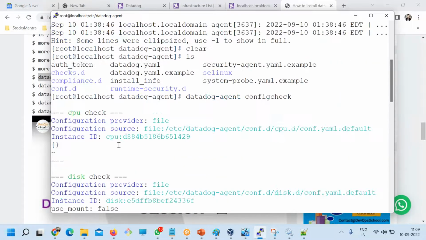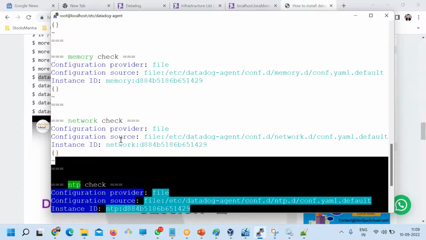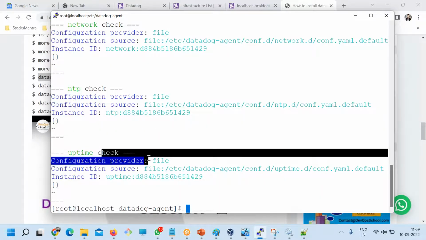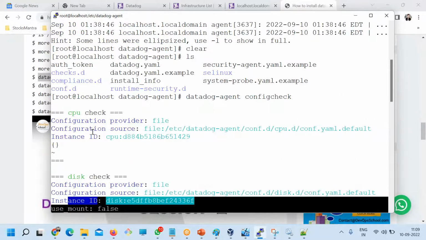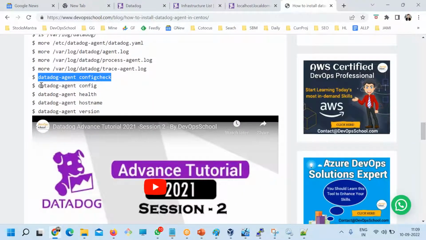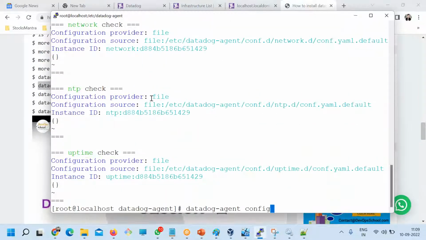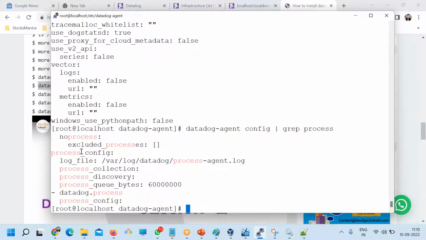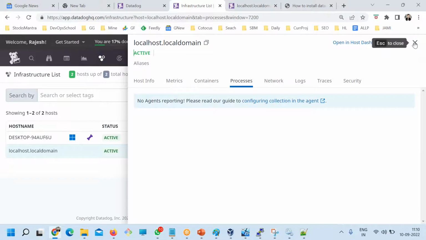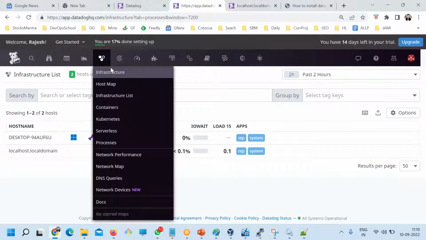I'm just checking that process is enabled or not. Let me check one more command and grep this because it's a huge output. And yes, I think it's enabled. Okay, so let's wait for a few more seconds and refresh.